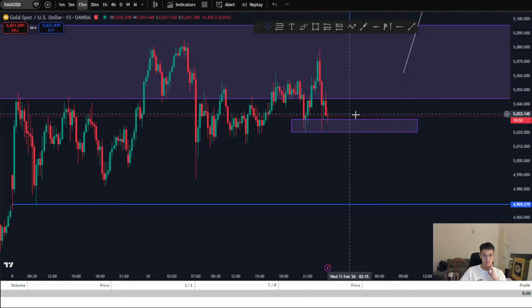If the price really can break this support level,